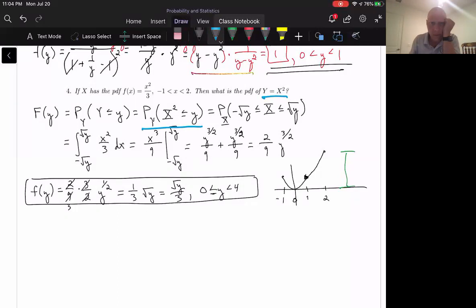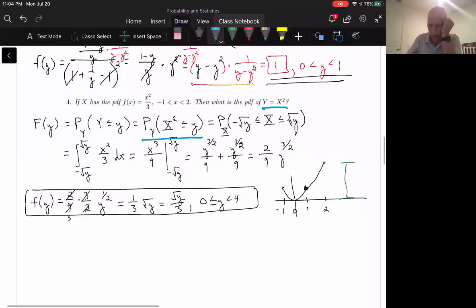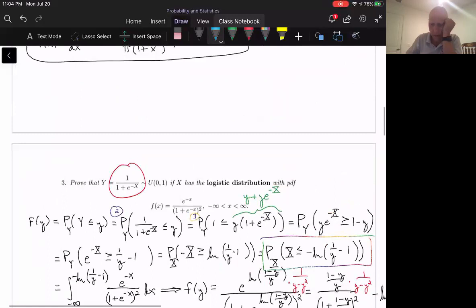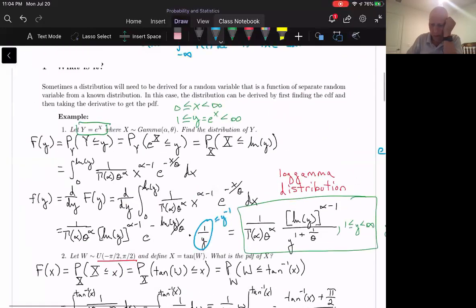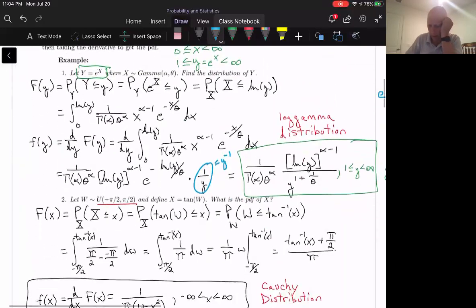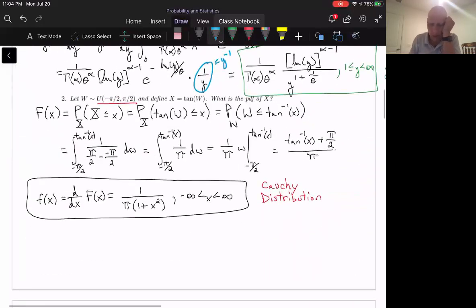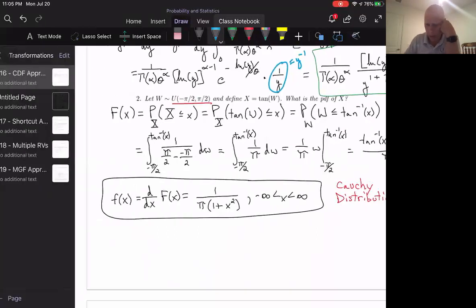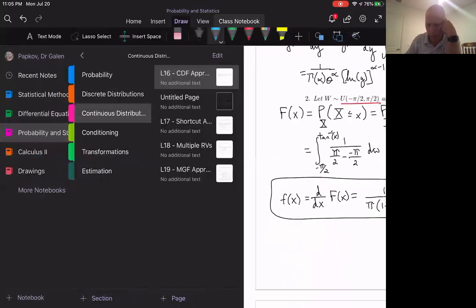Wait, is it always capital Y less than or equal to little y? Yeah, every time, whatever your random variable is, for the distribution you want to find the distribution of y. The CDF is P of capital Y less than or equal to little y. I thought we had, oh, okay, problem 2 used a different letter. Here we knew the distribution of w, so we wanted to find the distribution of x. So here we had P of capital X is less than or equal to little x, because back in,